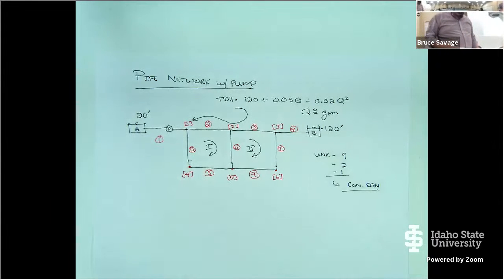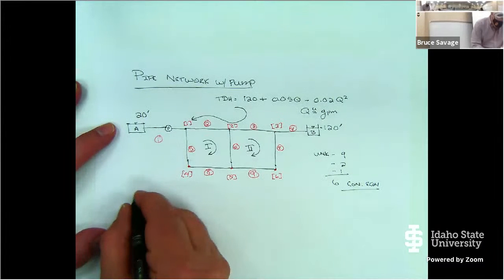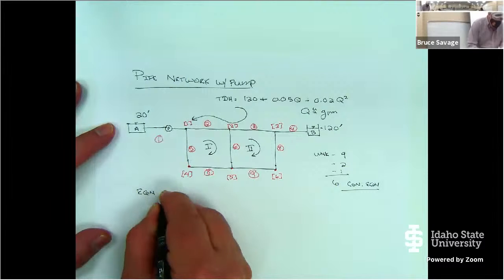All right. So I'm going to make the assumption that the first 6 equations that I'm going to write are going to be my 6 continuity equations. All right. And then I'm going to make the assumption that my next 2 are going to be my loop equations. So equation 9 then, when I write equation 9, which is my pseudo loop,